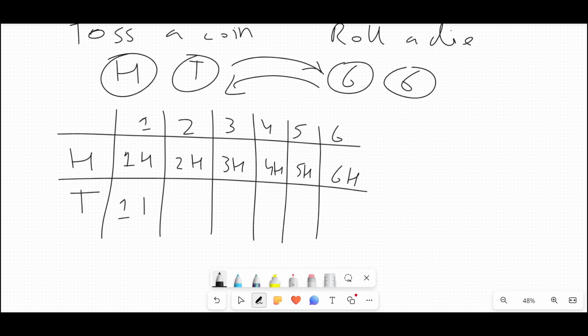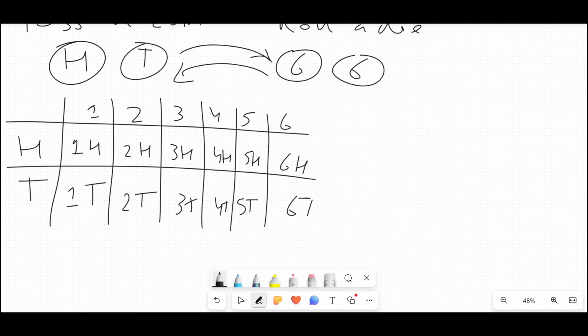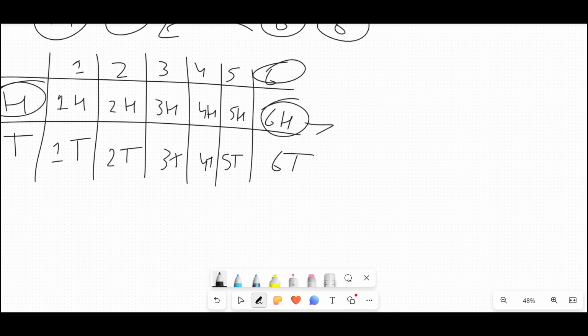Now this is 1 tails, 1T, 2T, 3T, 4T, 5T, 6T, right? Now what is the probability of getting a heads, which is this, and also getting a 6, which is this? That is this thing. And now we have one such occurrence, one favorable outcome out of the 1, 2, 3, 4, 5, 6 and 6, 12. So this is 1 over